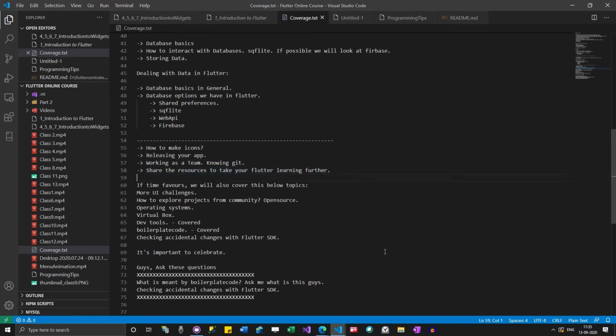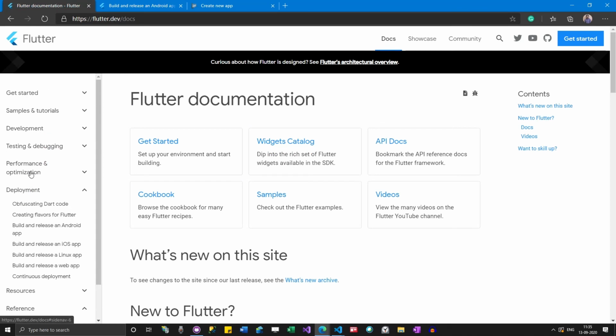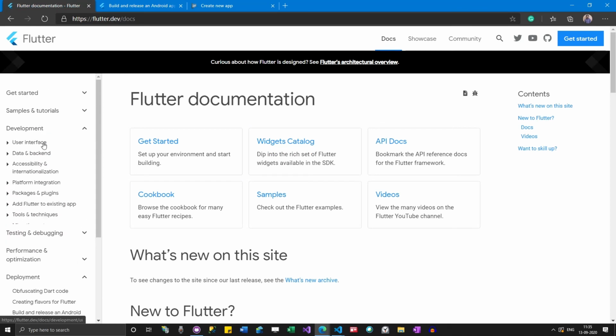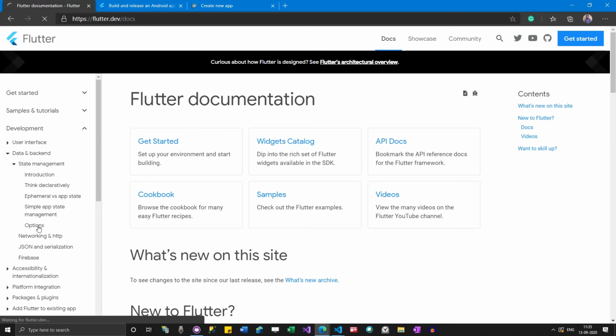So that's about Flutter. One second, I want to show you where you can find state management also. Here you can see development, data, state management. All this data backend management deals with state management. If you go to options, it will give you a lot of articles about it.